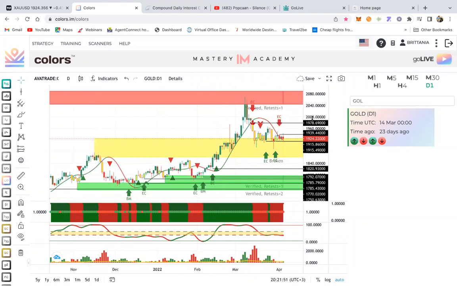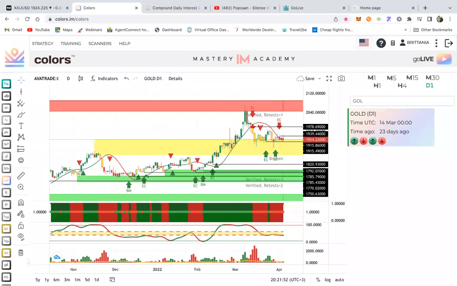Okay. Yes. So when you come on here, guys, and you see green boxes, you're looking for buys, right? So if somebody could take a note, make sure you're taking notes as well, guys. So the green boxes are for buys and the red boxes are for sells, right? I'll explain what the yellow box means in a bit. So just imagine that the yellow box is not there, right? So the green box is for buys only and the red box is for sells only, right?